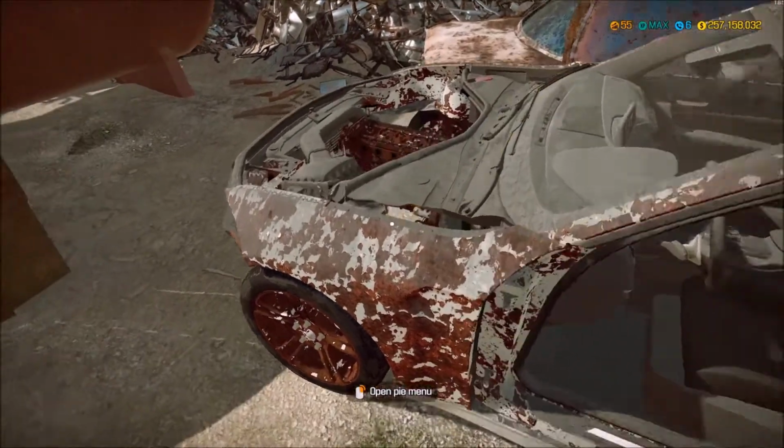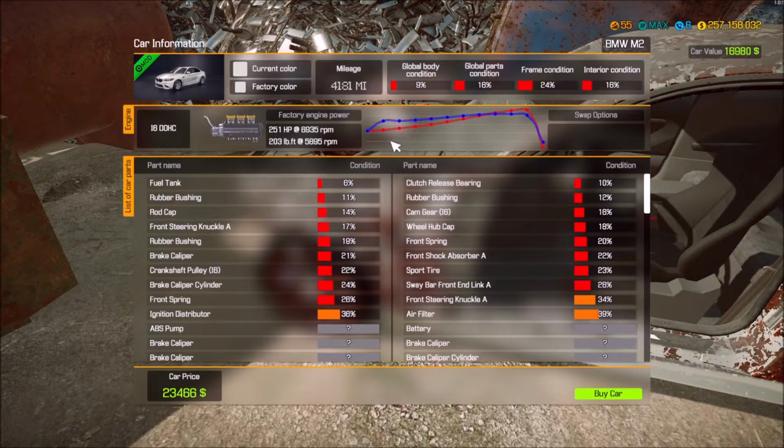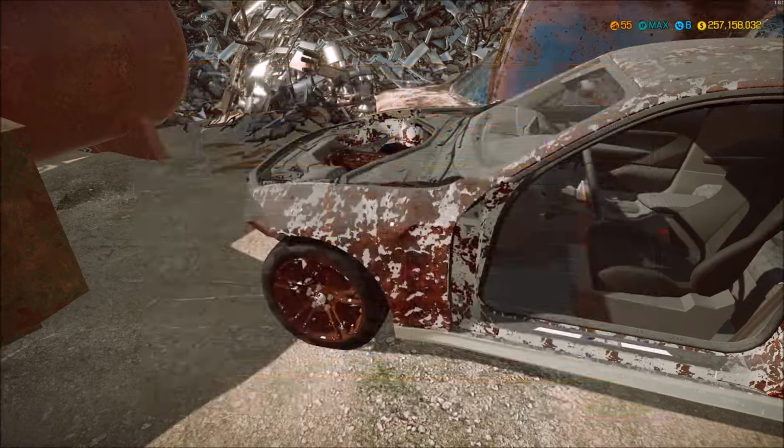Alright, so as suspected, we have not done a Beamer. And this is an M2. Current color is an off-white, 4181. Looks like this is the winner. And we have done...